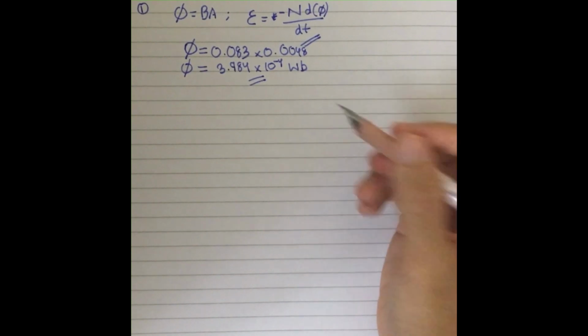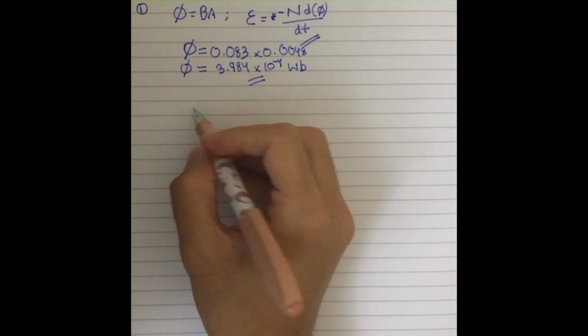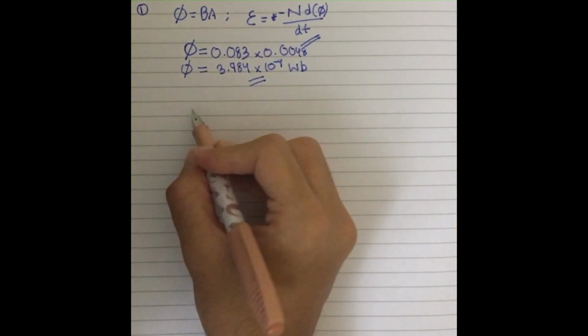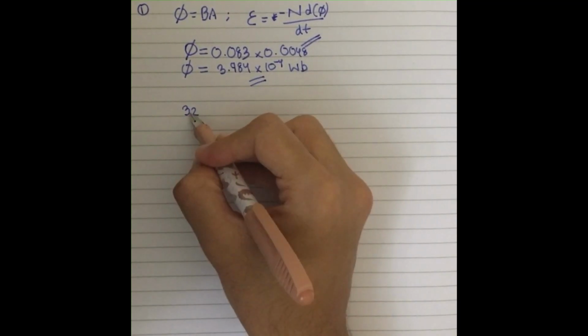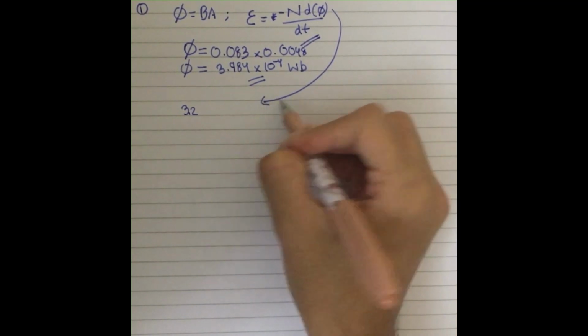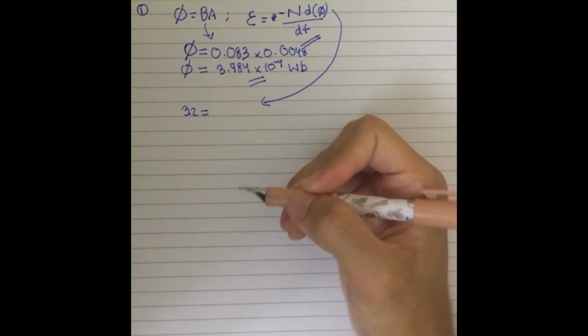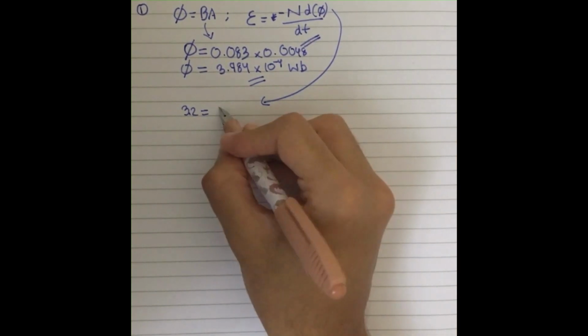So now I'm going to use this formula, right? I'm going to input the things that have been given. I've been given EMF as basically 3.2. I'm using this formula right here. So 3.2 is basically equal to the number of turns that we have to find,